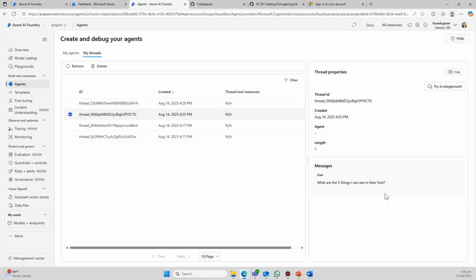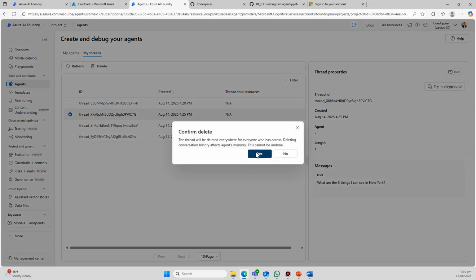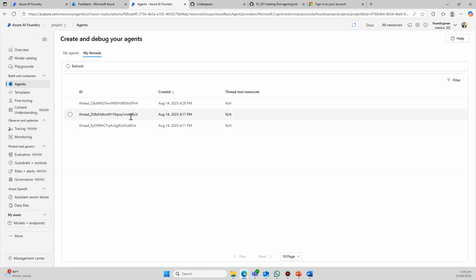Right now, there's no way to do it. You can only delete it one by one. So that's something that hopefully the Microsoft product team will fix eventually. Also, once we deleted the agent, the corresponding thread wasn't deleted for that agent. So you actually need to delete this manually as well.